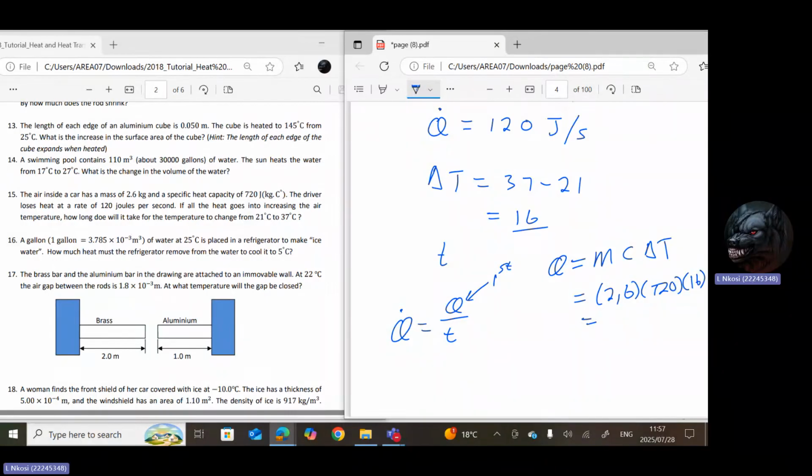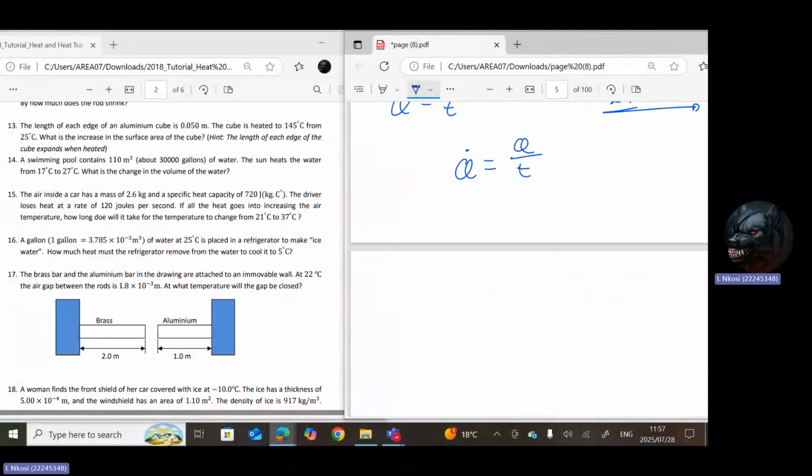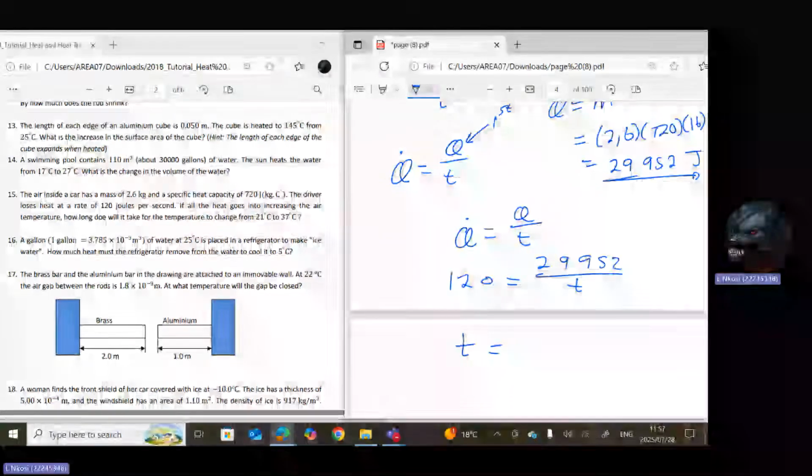So we get a heat of 29,952 joules. Now that we have the heat, we can say the heat transfer is the heat over time. The heat transfer is 120, and the heat is 29,952 over the time. So the time it will take would be